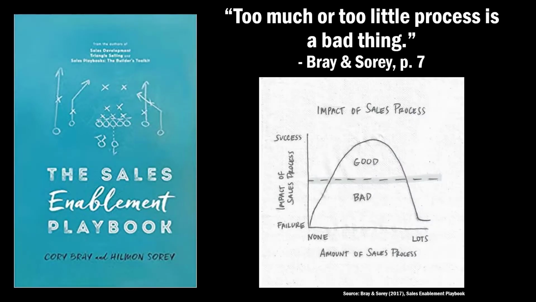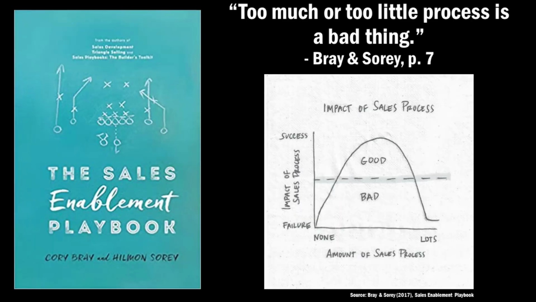One idea that I want you to take out of that from Bray and Sori is this idea that with sales processes you can have too much or too little, and that is a bad thing. That is, if you don't have enough of a sales process, that can be bad. That's not going to optimize the impact. If you have too much, that can be bad. So sales processes can be constraining, but what you want them to do basically is to be guiding. You don't want them to become overcoming, so that some salesperson is just trying to do these mechanical steps and can't think, for example, in the system savvy way, can't think holistically about solutions.